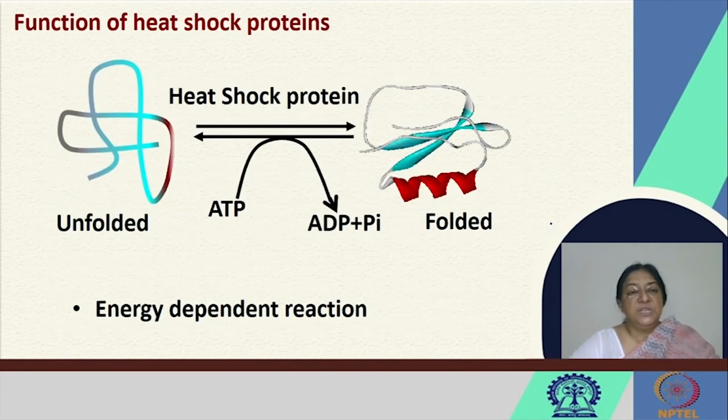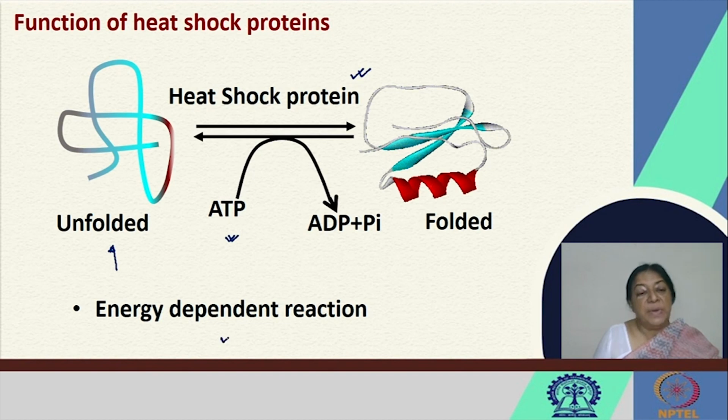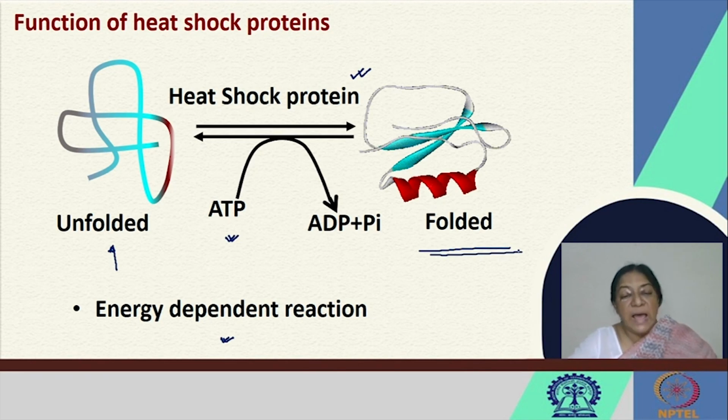The function of the heat shock proteins, therefore, is to take the unfolded polypeptide chain in the presence of the heat shock protein following ATP hydrolysis in an energy dependent reaction. We get the correctly folded protein that will have its native three-dimensional structure so that it can perform its correct